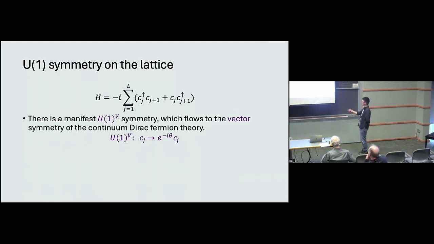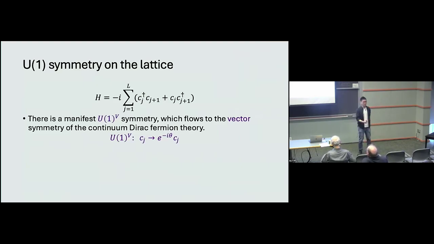So that's one of the two U1s that you want to have on the lattice. But here's the problem. Previously, we wanted to avoid the fermion doubling problem by putting a single complex fermion per site. In a different choice of the gamma matrices, you can think about putting one component of the Dirac fermion on the even site and the other component of the Dirac fermion on the odd site. This picture was already explained in Silvio and Ross' talk earlier in this conference.